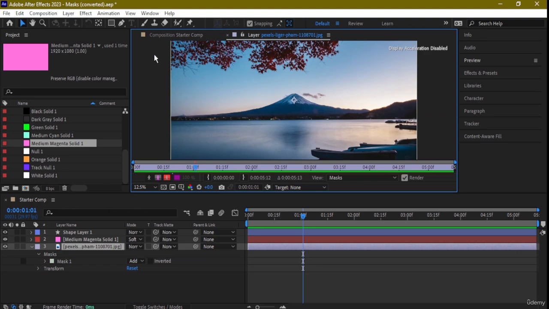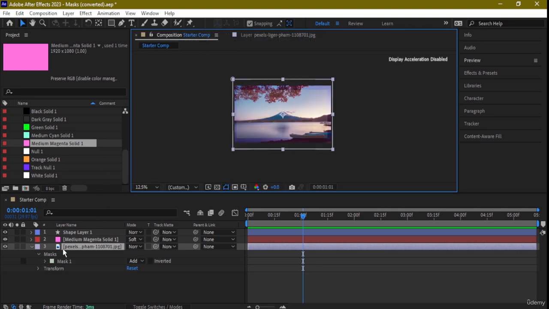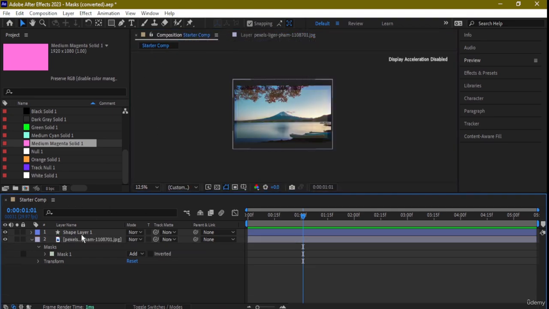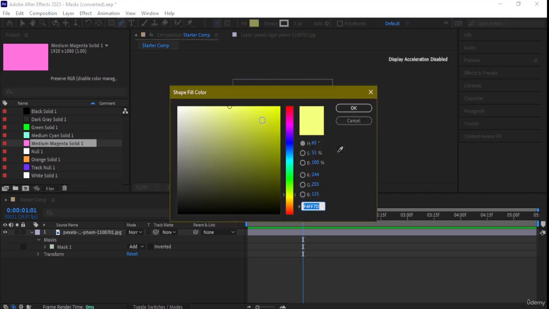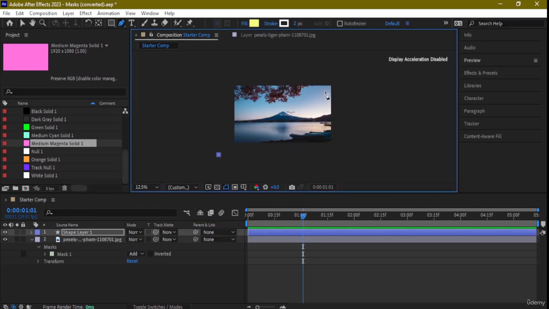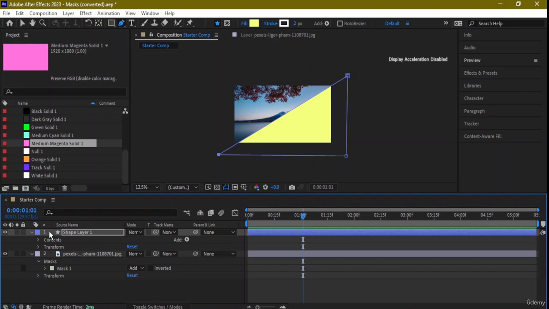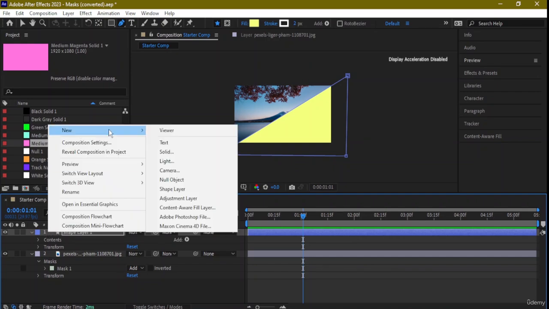I'm going to click on, let's say, composition starter, and first off remove them again, and this time I'm going to use a bit of a difference. Okay, so here I'm going to use the pen tool again. Click on this pen tool, click on this, click on this, and click on over here. Do the same thing which I showed you a while ago, increase the size, and from here I'm going to add in another mask,